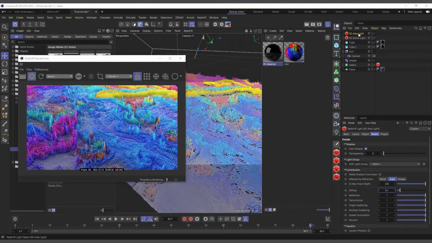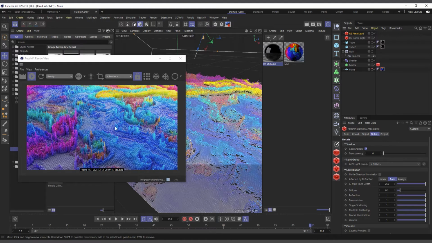So I've gone ahead and created an area light, and you can see it's catching a bit of reflection. In the area light's details, I've turned on reduce the amount of effect on diffuse, so that it wouldn't affect the diffuse of the color as much. Everything is set to 1, so it's catching a lot of reflection, but it's not affecting the diffuse of the material as much.